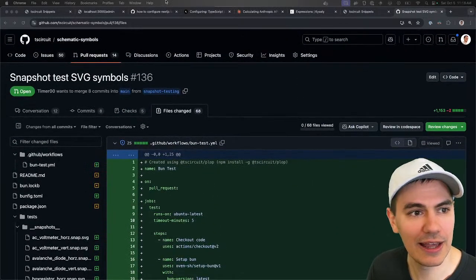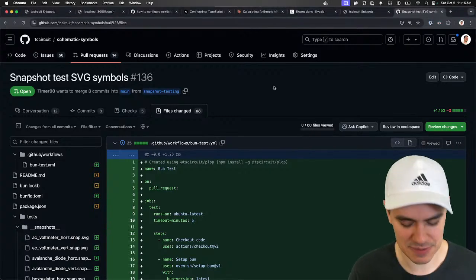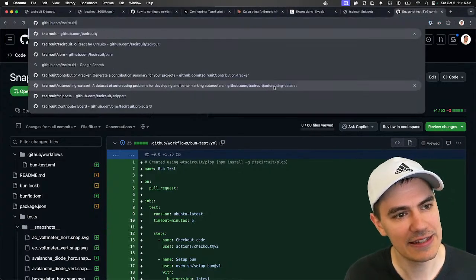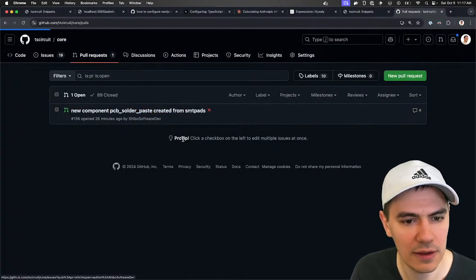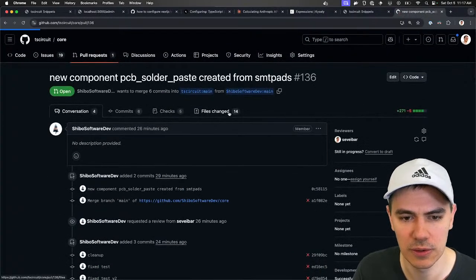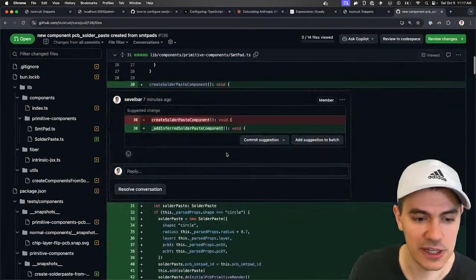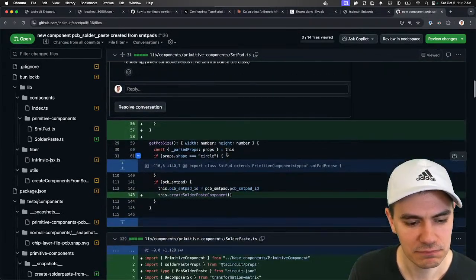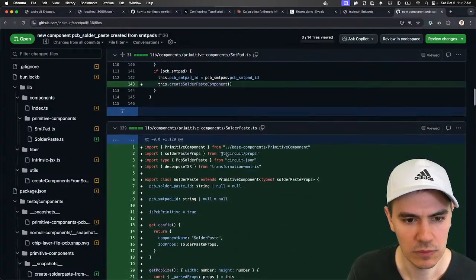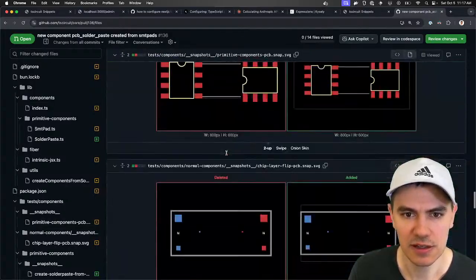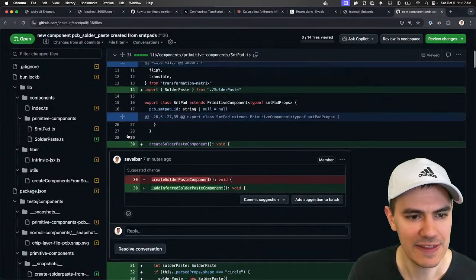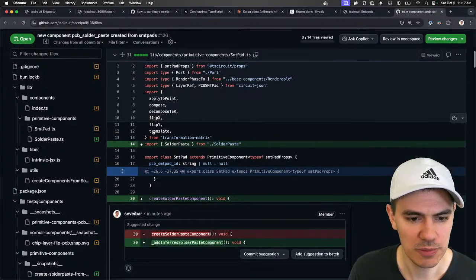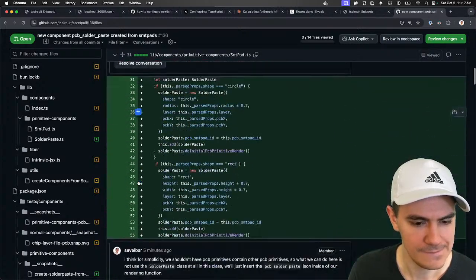Okay, so Shibo said it needs the SMT pad ID. Right, so yeah, let's take a look at this. In our render function for SMT pad, we need the SMT pad ID. You should be able to get this.